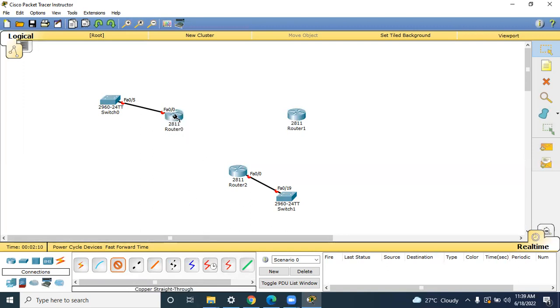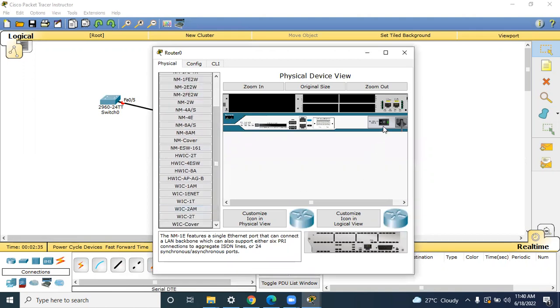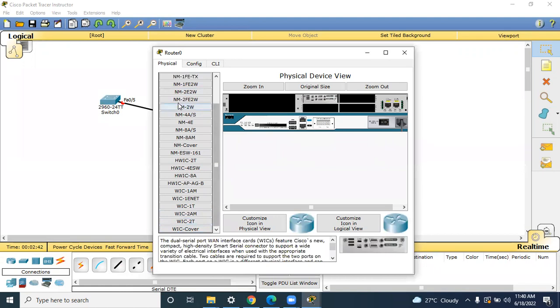Now, when you want to connect one router to another router, you don't use the copper straight through wire. You use a serial cable wire. However, none of these routers has any serial cable connections by default. The way that we give that is that we click on the router, then we go to Physical, where we can see that we have some modules and some interface cards. What we're going to do is switch off the router first of all, and then we're going to choose the card WIC-2T, which basically gives the respective router two serial cable connections,